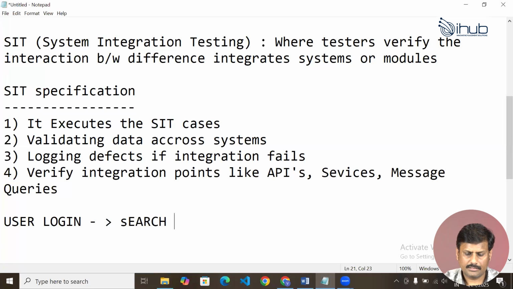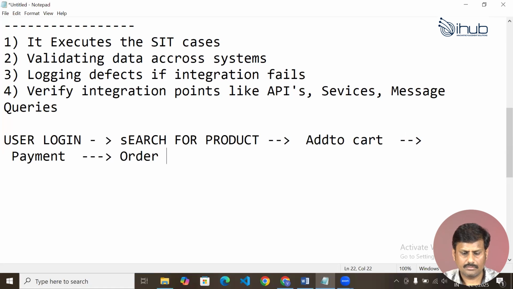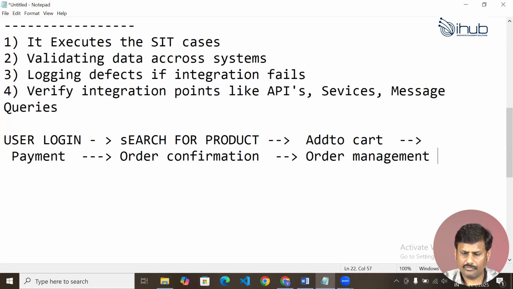After searching for the product, we add to cart, and next payment, and next order confirmation, and next order management, and finally log out.